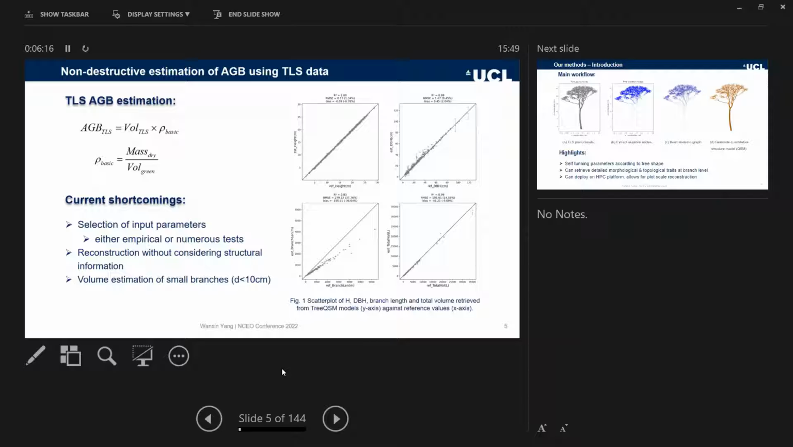Take TreeQSM as an example. TreeQSM is a widely used method for TLS-based tree reconstruction. It shows good performance for volume estimation, but it requires running hundreds of iterations for a single tree to select the optimal parameter combination from manually selected candidates. Besides that, the topological relationship of parent-child branches, as well as the radius estimates, are not necessarily correct, even if the volume estimation is quite close to the reference. As we can see in the figure,